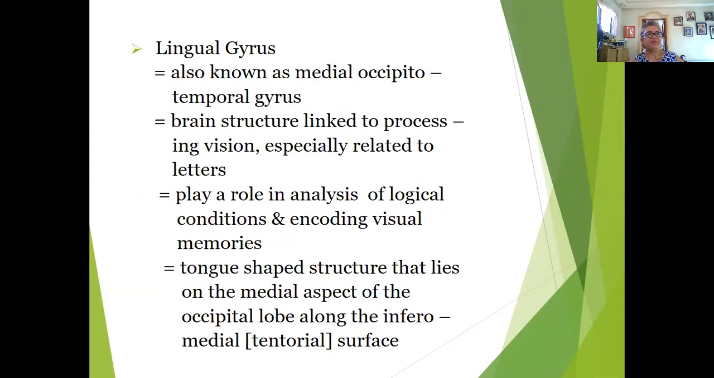Then you have the lingual gyrus, known also as the medial occipitotemporal gyrus. Now, this brain structure is linked to processing vision, especially related to letters. So, it plays a role in analysis of logical condition and encoding visual memories. Now, this is a tongue-shaped structure that lies on the medial aspect of the occipital lobe along the